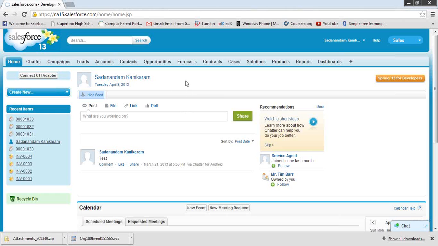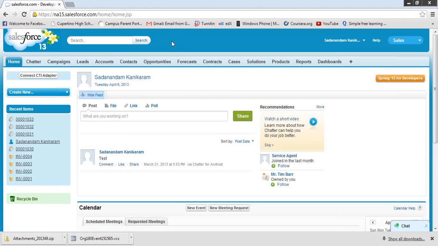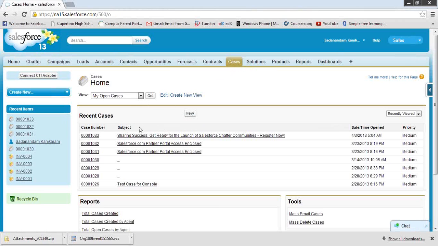So this is the Salesforce CRM application. How many of you have seen this application already? Well, I have seen it, but like I said, this is for the cases. Can you click on cases? Let me see if that's the same thing. Yeah, create new case. Yes, this part I've used actually. Okay, maybe I'll click this one.